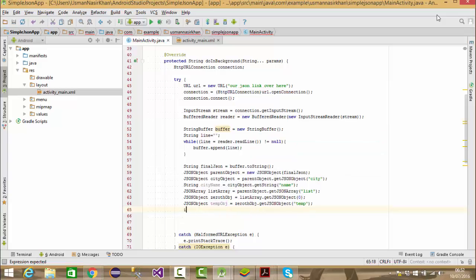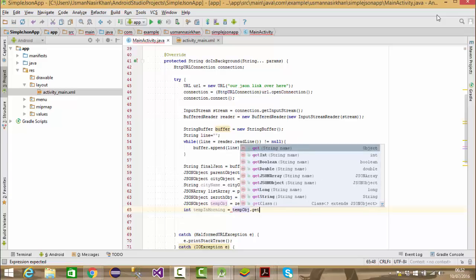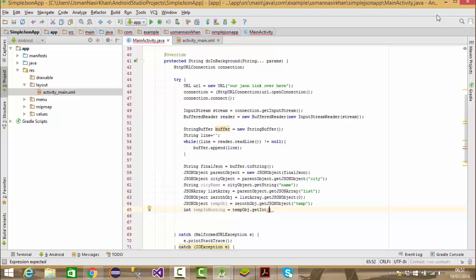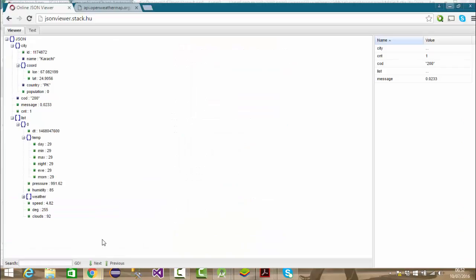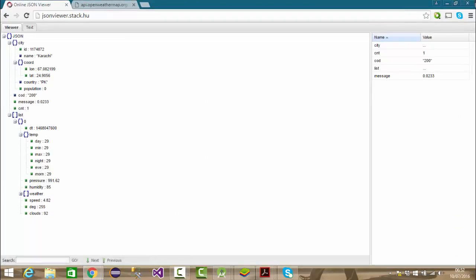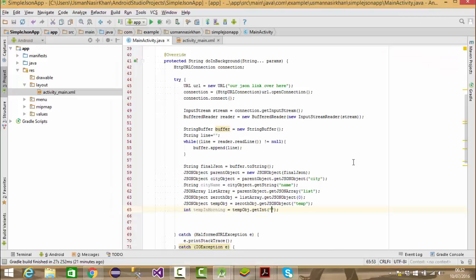So it's int temp in morning is equal to temp object dot get int, and pass the name of that node over here, and morning is MOI. Right, so int temp in